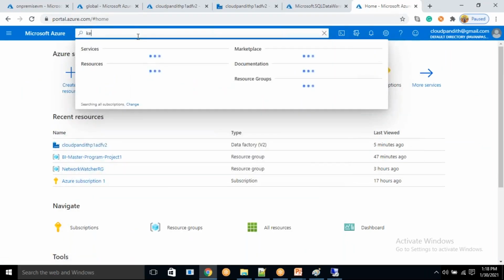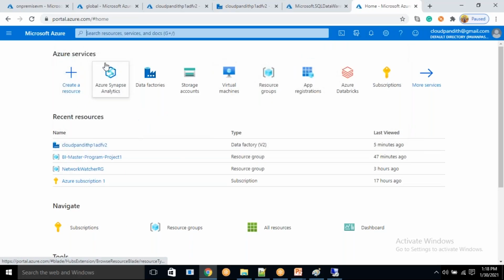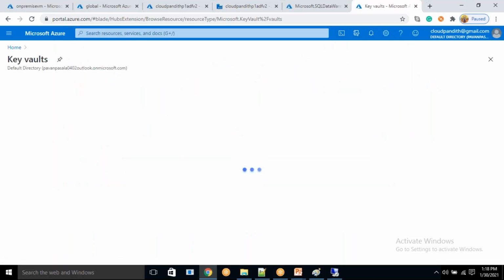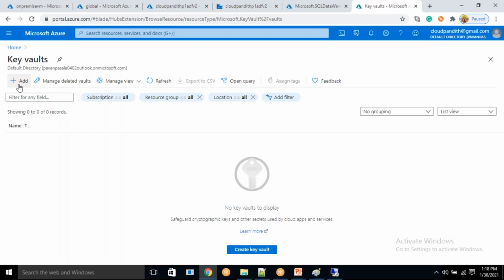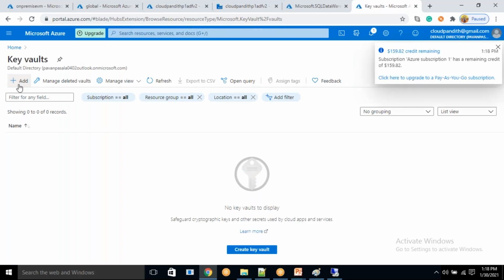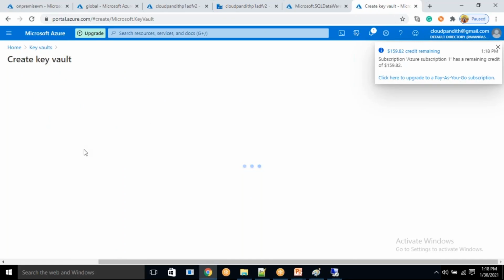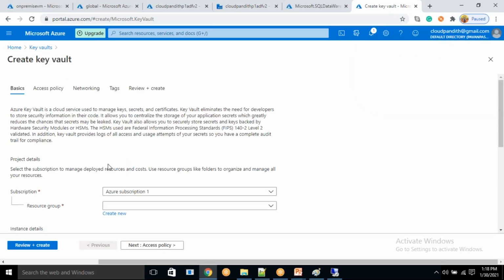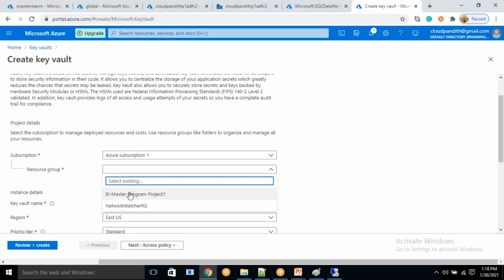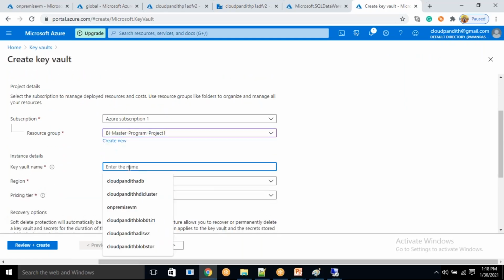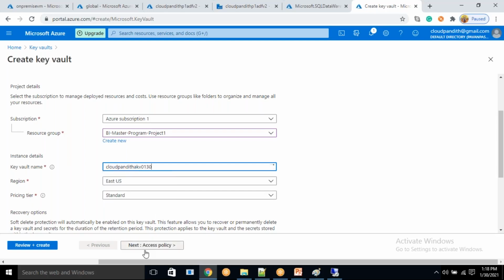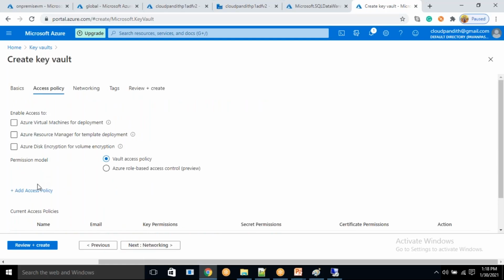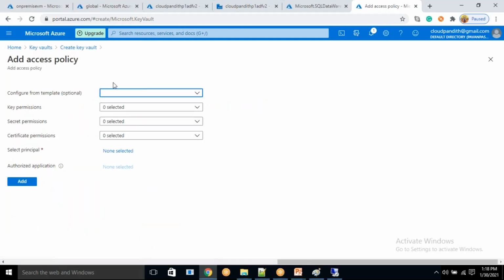Search for Key Vault here. Click on Key Vault. Click add. Select resource group. Give your cloud fund name. Access policy: you need to grant the permissions to your ADF so that ADF is able to read